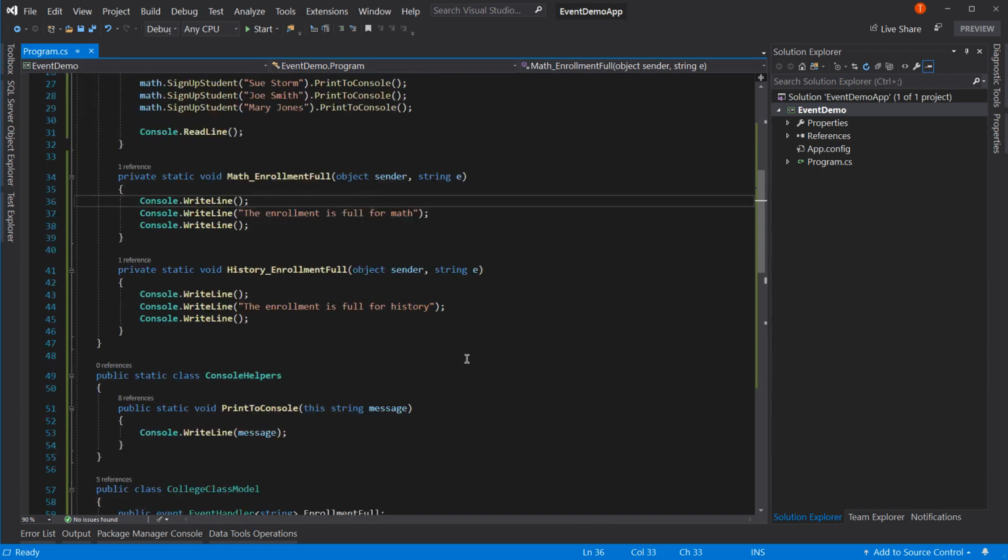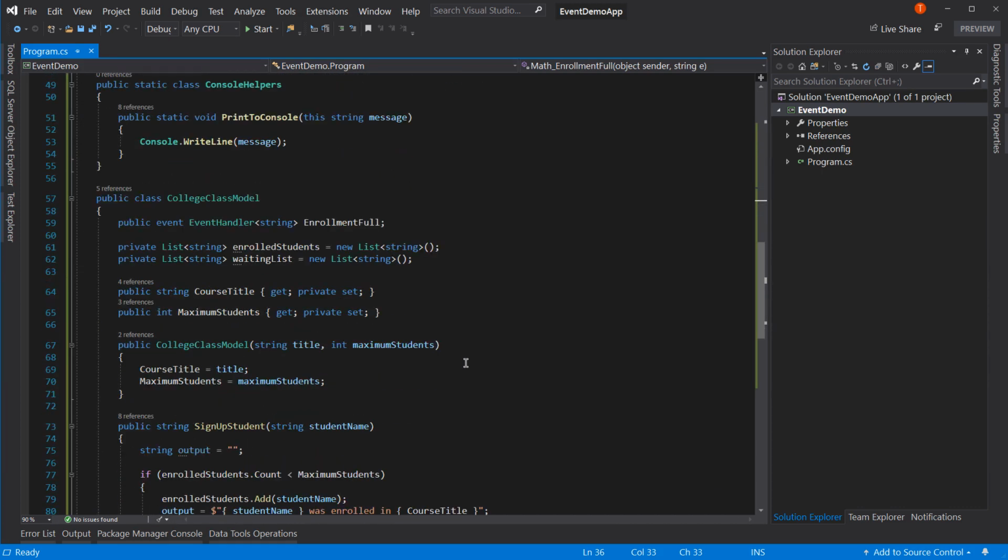First of all, in the class that's going to fire off the events, you have to have an event handler. If you want to send data back, then you specify what type of data. In this case, I'm sending back string, and you give it a name. Then, in this same class, whenever this event should be